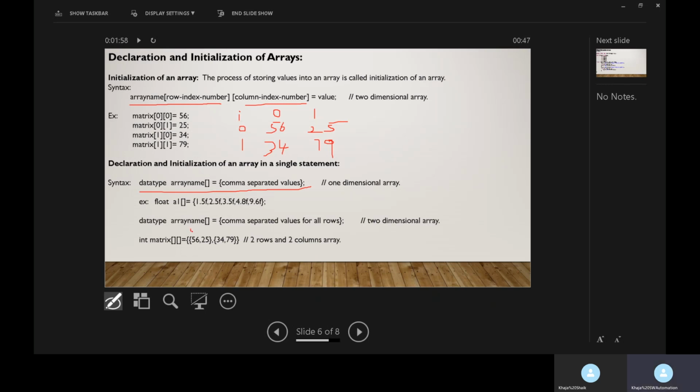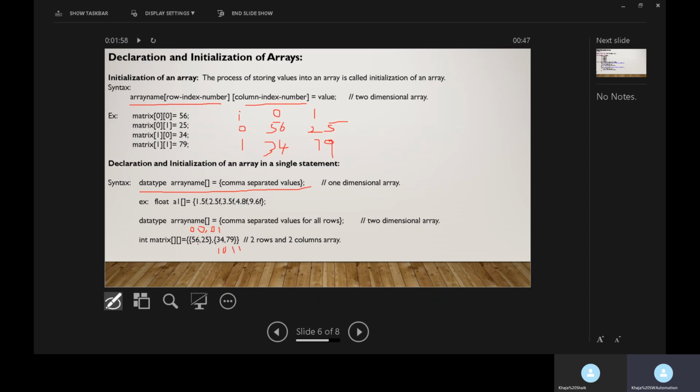So this is the first row, first column value, and similarly the first row, second column, and this one, 0th column, and first row, first column.